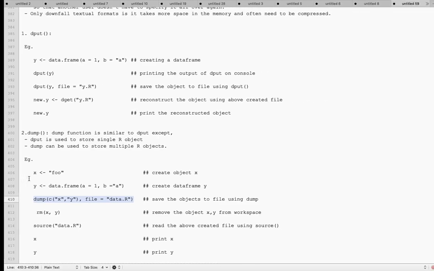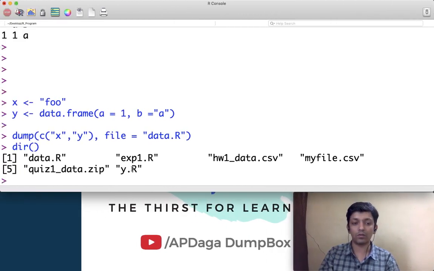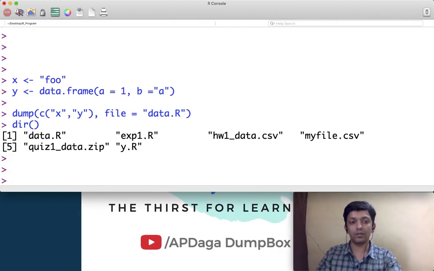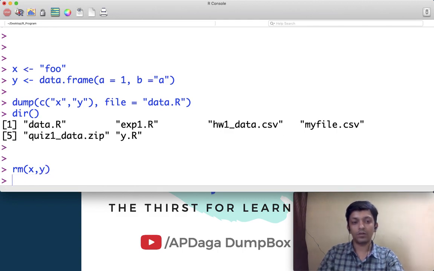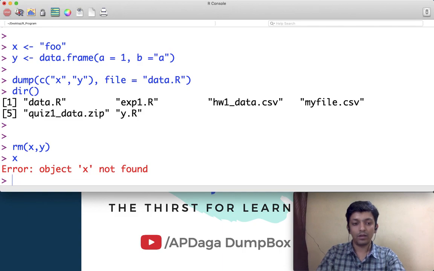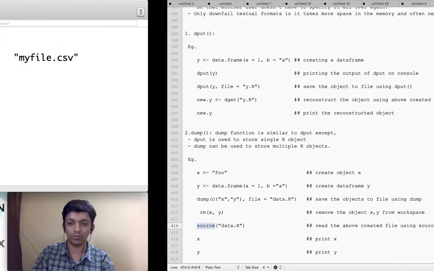Whatever file is created by dump, I can read that file using the function source. Before that, I'll delete the variables x and y from the workspace. How to do that? rm is the function for that, x comma y. Once that is done, if I try to print x or y, it will give me an error that this object is not present because it's deleted from the workspace.